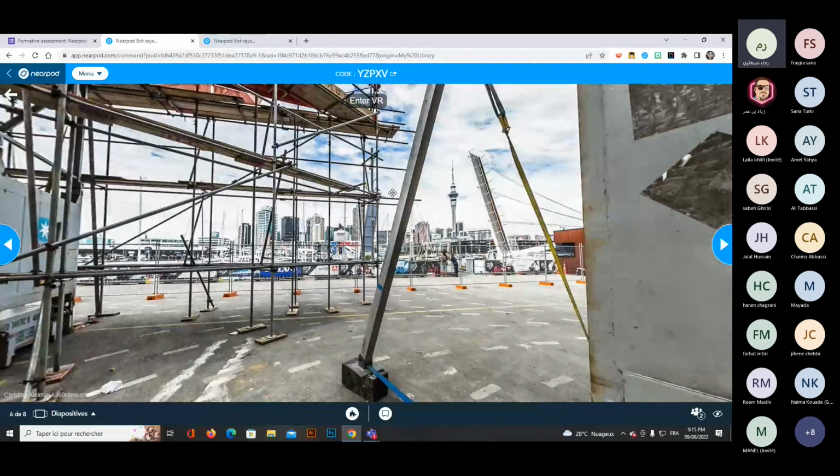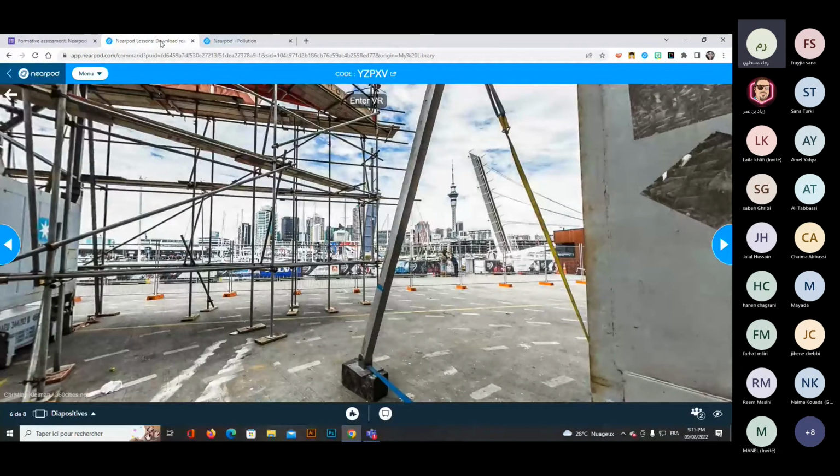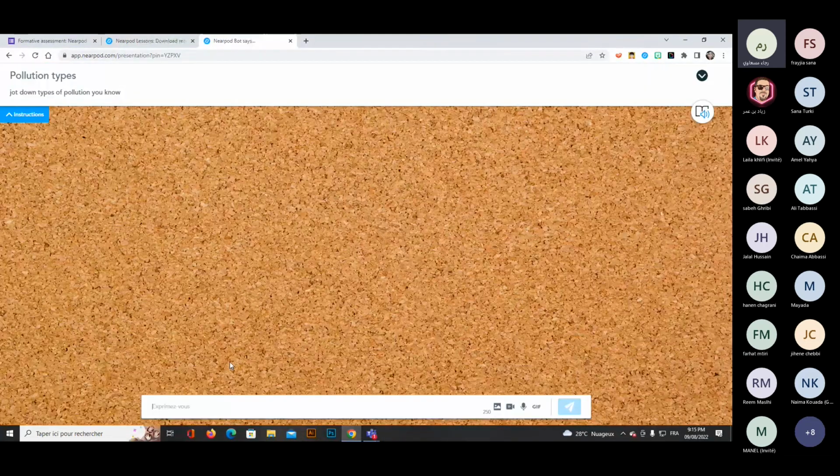Next slide. I have the collaborate board. So let's say I am a student. This is what I have. So I will write the types of pollution. If you are joining with the code, you can type your own answers. Okay. So let's say water, land, and air pollution. I finished, I submit. If I want to add another option,